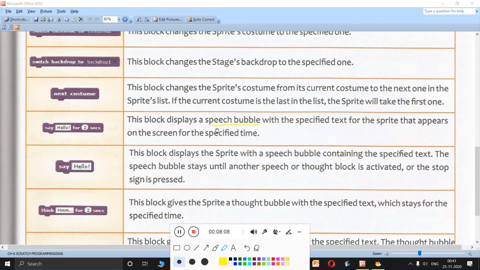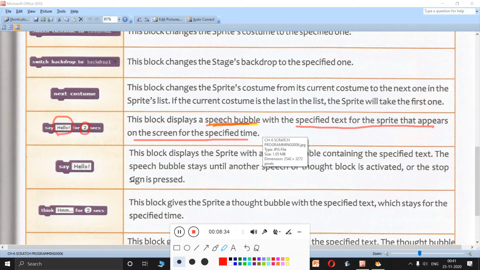It displays a speech bubble with the specified text for the sprite that appears on the screen for the specified time. For example, this will display a speech bubble in which hello will be written for 2 seconds. Okay, so speech bubble.